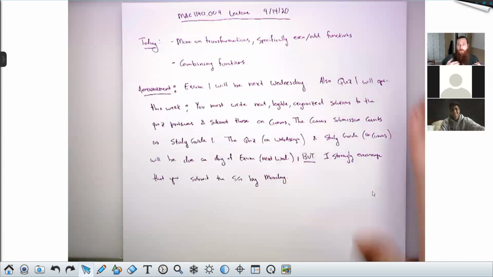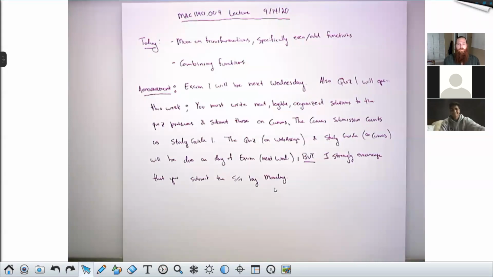Why? So I can grade the thing and give you feedback. So I can go in there and make comments and little notes and say, oh, this was wrong, this needs to be that minus sign should be a plus, watch out for your notation here, make sure you're reading the graph right, remember it's always X values, that stuff. All the comments that you would get on an exam, but with points taken off, I can give you on the study guide without taking points off. I'm not going to be correcting the study guides, I'm not going to be grading them for correctness, I'm grading them for completeness, neatness, all of that stuff, and then I'll be writing in little comments that will help you